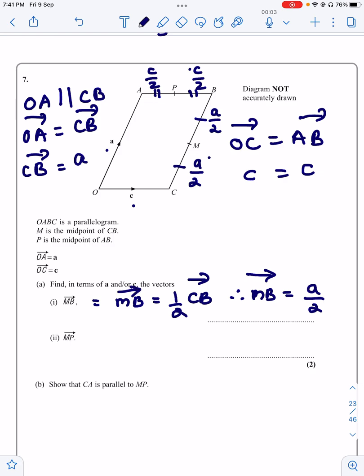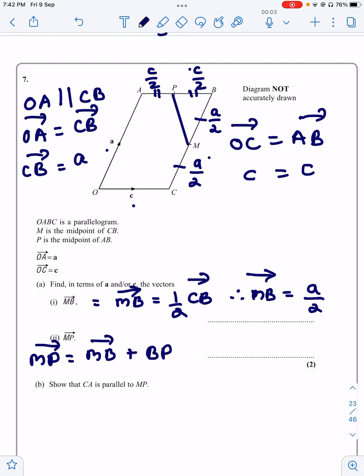They are now asking MP. So the line MP is not given to us. Again, I repeat, we always have to draw the line MP. Now to reach MP, I have two paths: M to C, C to O, O to A, A to P. This is a very lengthy path, but M to P I can also go MB plus BP. This becomes easy. So first write the path: MP is equal to MB